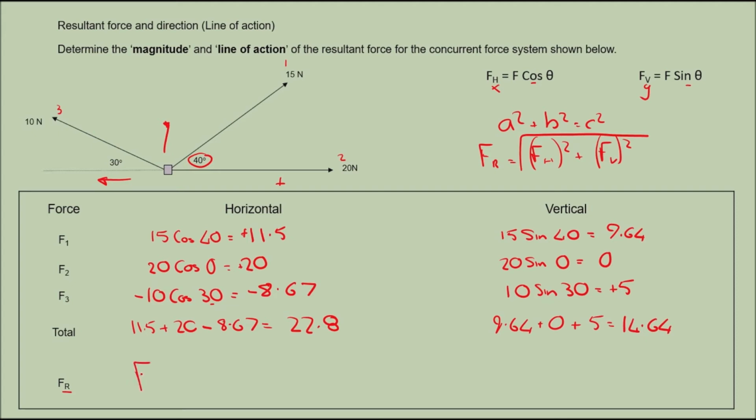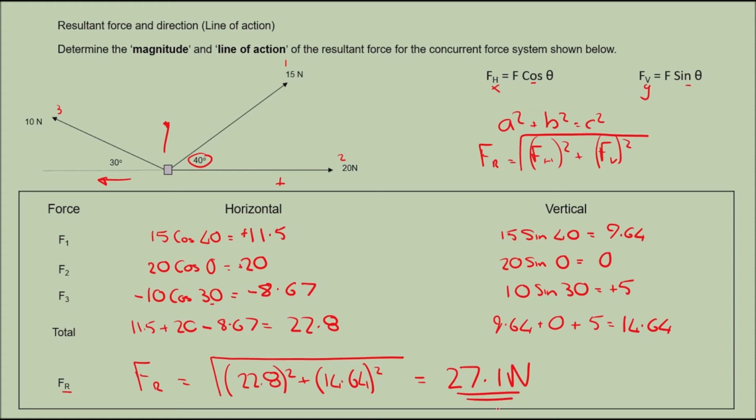We're going to get FR equals the square root of FH 22.8 squared plus FV, we've got 14.6. I've put a 4 on that. We'll leave the 4 in just now, even though I did say 3 significant figures is plenty. And that's going to equal, again we'll pop that into your calculator, see what answer we get. So that's going to equal 27.1